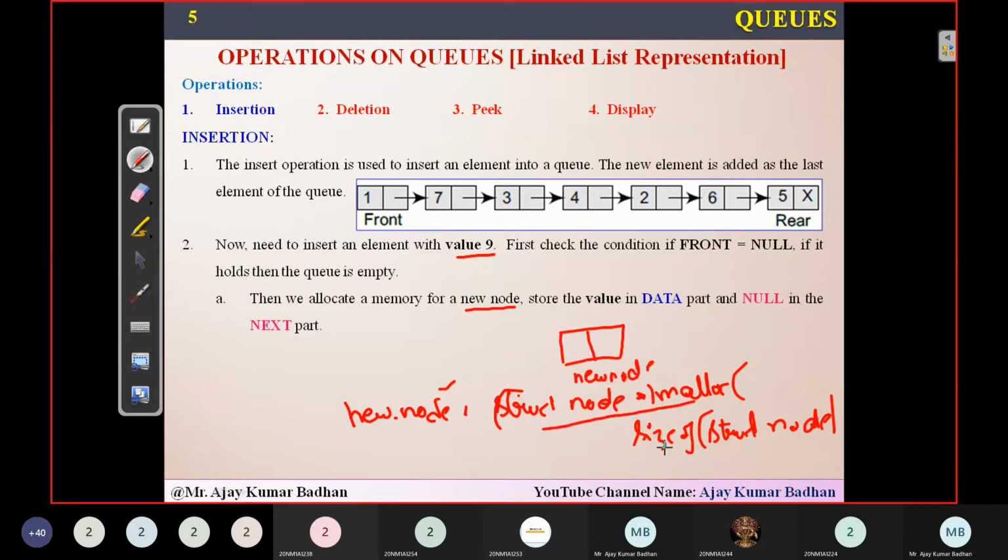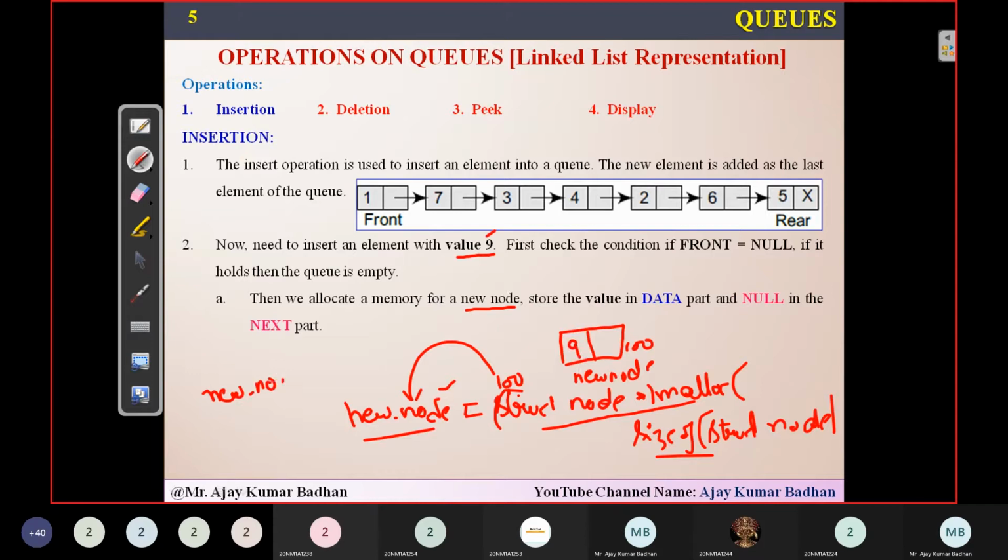Now what is this method going to return? The address into this particular variable, new node. Let us suppose the operating system has given the address 100. That 100 will be stored in this. Now I have to store the data value. What value do I want to store here? 9. I think you people know how to store that, right?